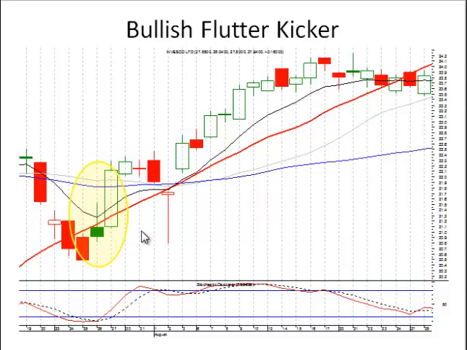Now we have the simple rule of the doji. The price is going to move in the direction of how they open it after a doji. So if they open up positive and start moving up, you want to be buying immediately. So the advantage that a flutter kicker provides for us is if we know what should happen after a doji, we can be all set up for it. We don't have to be racing around looking for funds to buy a kicker signal when it's in progress. This makes it very simple.